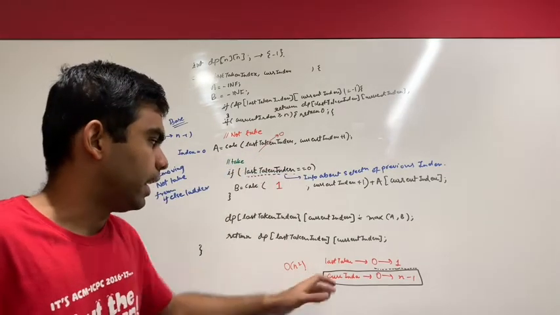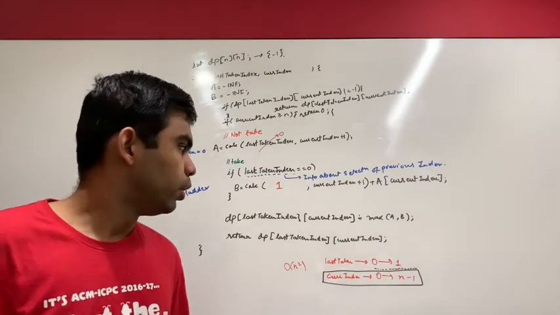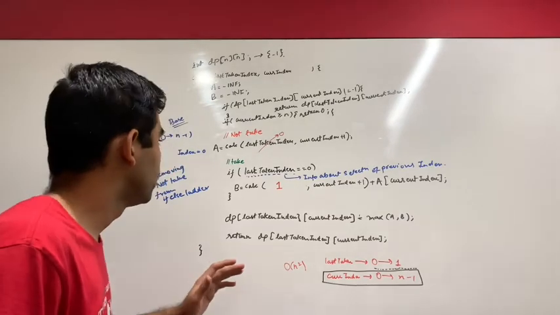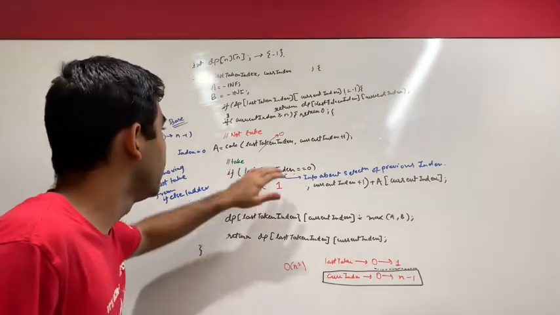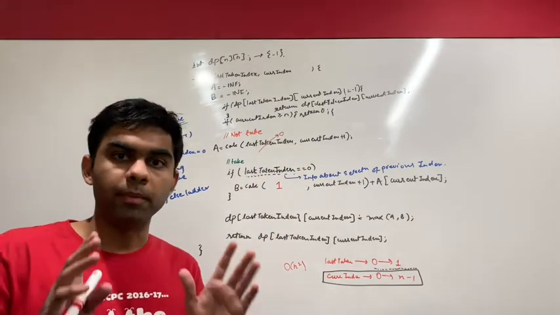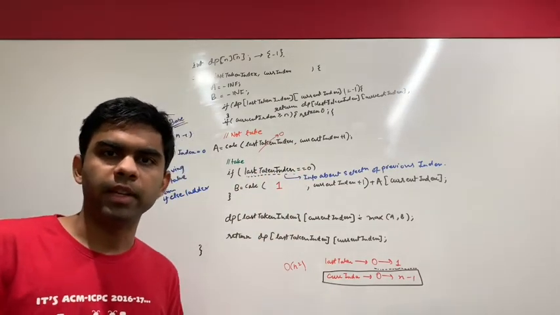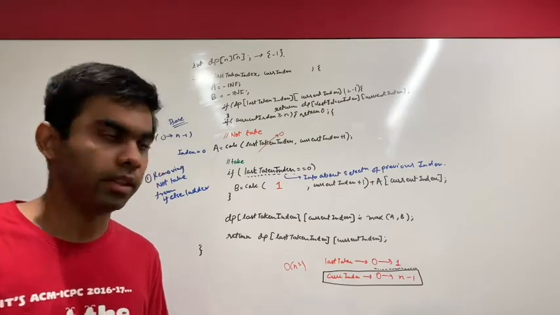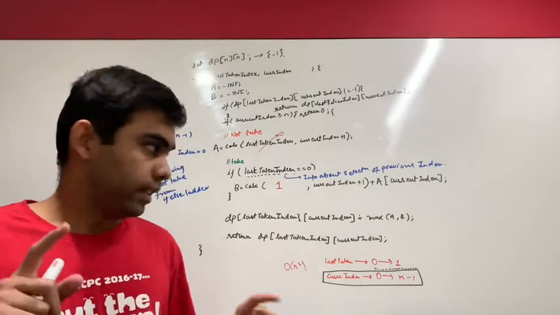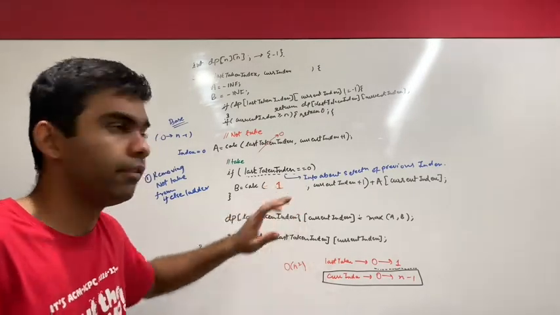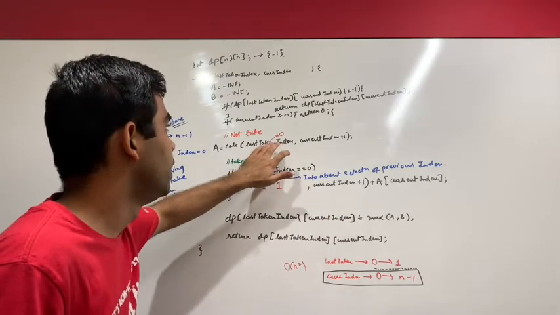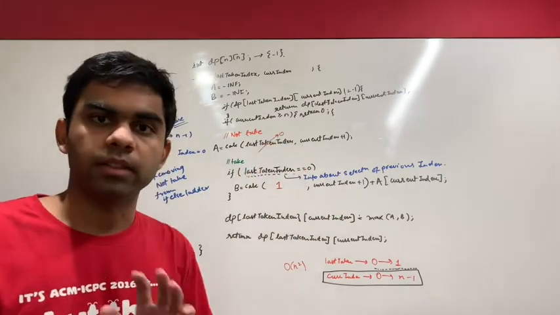What I observed is that there was no need for last taken index to range from 0 to n-1. So what I did is I just tried to store information about my previous index. If I'm taking the value at my previous index, then I'll pass my last taken index as 1. And if I'm not taking the value at my previous index, then I'll just pass the value as 0.